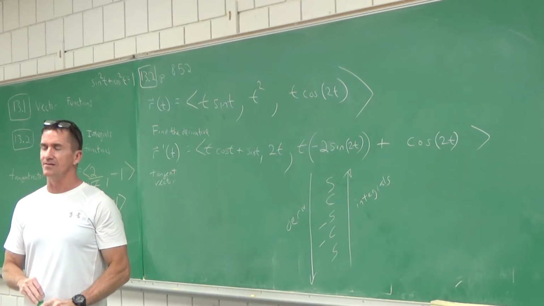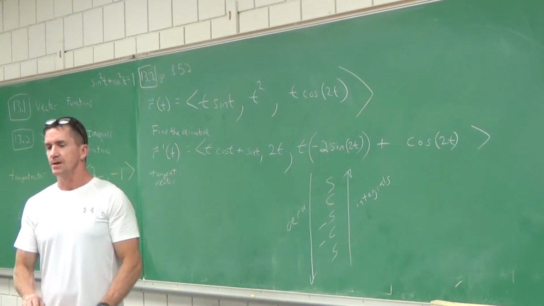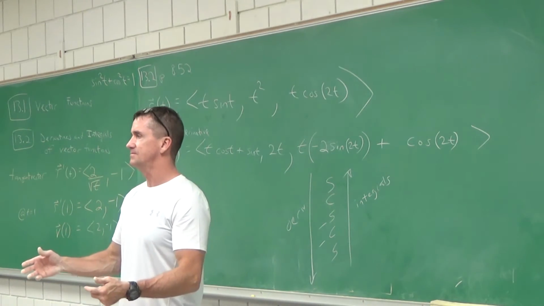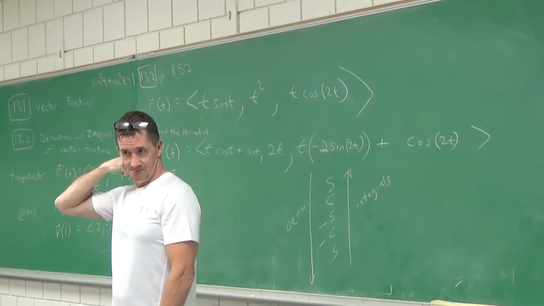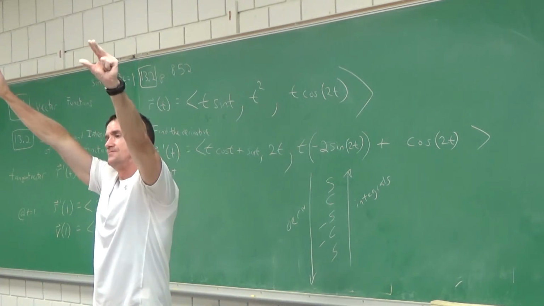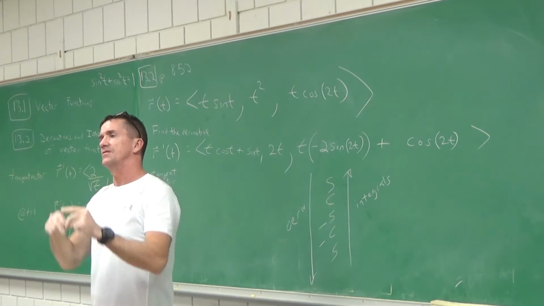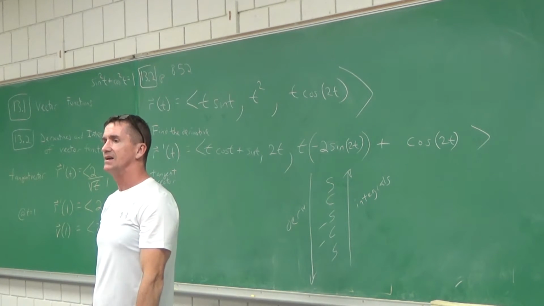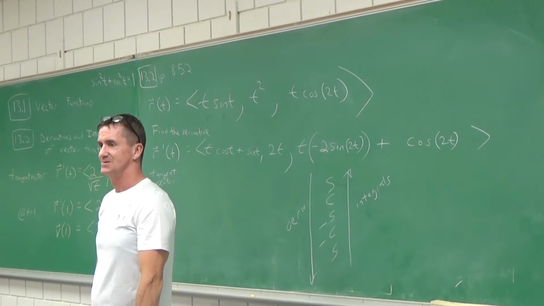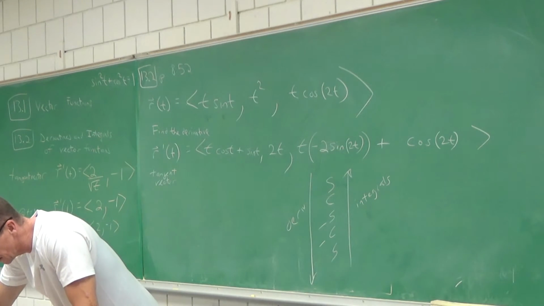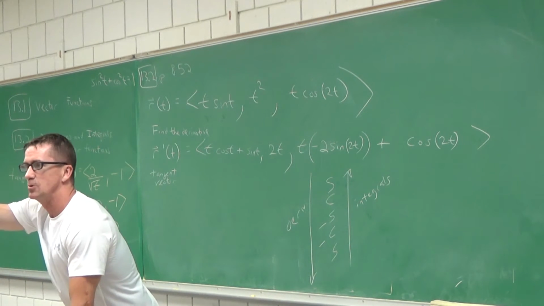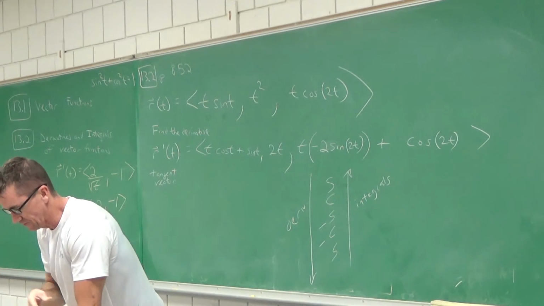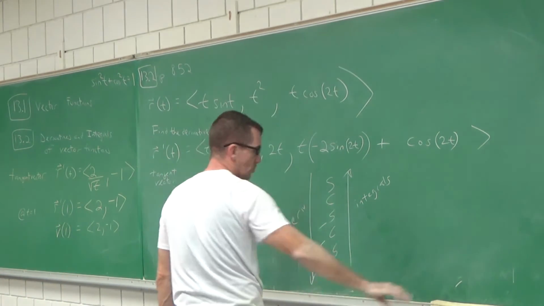So on that note, if this is the tangent vector, yesterday we talked about lines, right? Parametric equations of a line. So I'm going to give you a vector curve, and I'm going to ask you to find the parametric equations of the line that's tangent to that curve. So let me give you an example. I'll tell you which problem this is. I'd like to do two of these if you don't mind. I'm going to do 23 and 24, page 852.